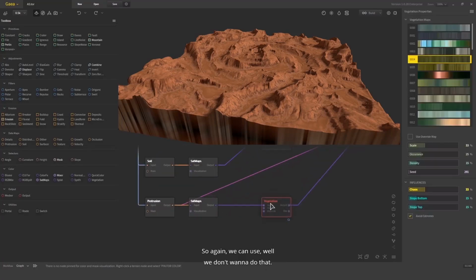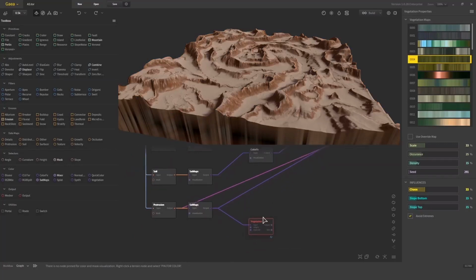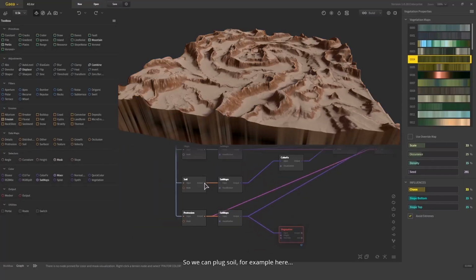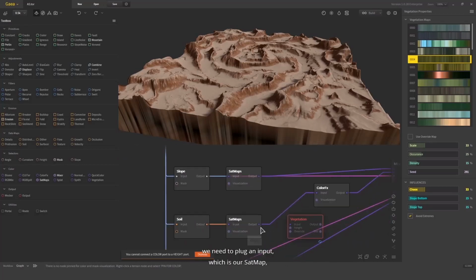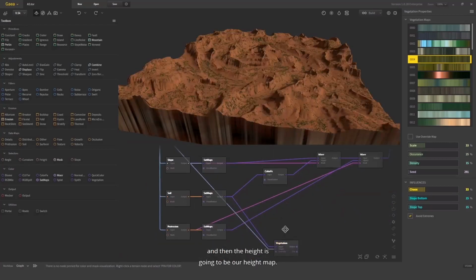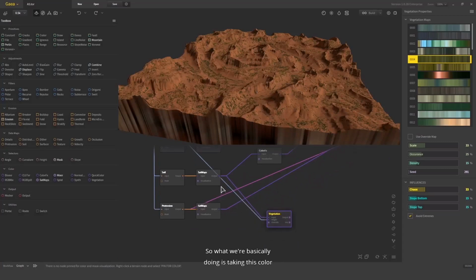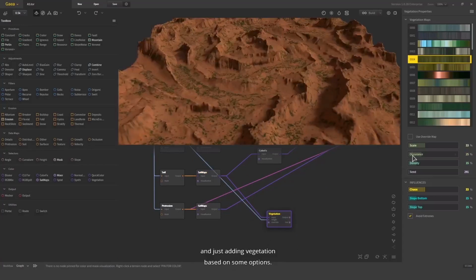So again, we can use, well, we didn't want to do that. So we can plug soil, for example, here. No, we can plug the color here, and then the soil is our height. Bear with me. So for this vegetation node to work, we need to plug an input, which is our sat map, and then the height is going to be our height map. So what we're basically doing is taking this color and then using the height map and just adding vegetation based